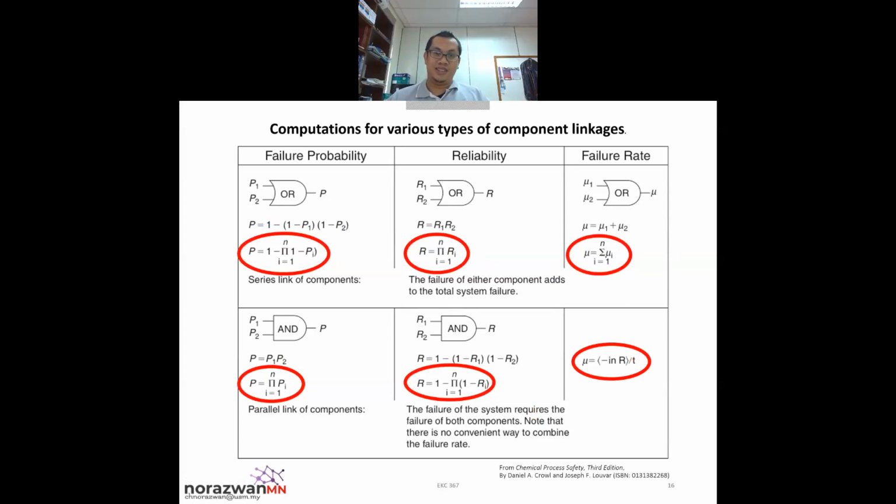Remember, Junki, this is for your question. Because now the total system, the alarm system and also the shutdown system, is in parallel. That's why we use this multiply equation: P1 times P2, or if you have 3, P1 times P2 times P3. Remember? Previously for the alarm system and also your